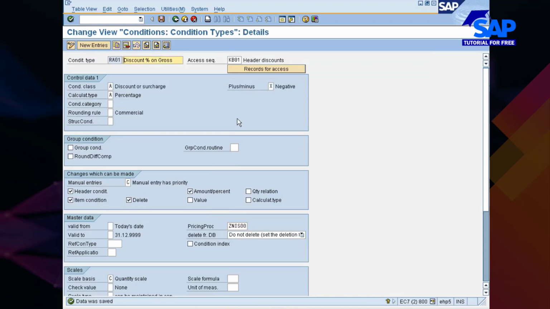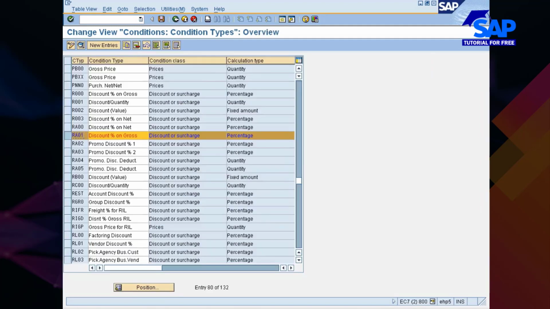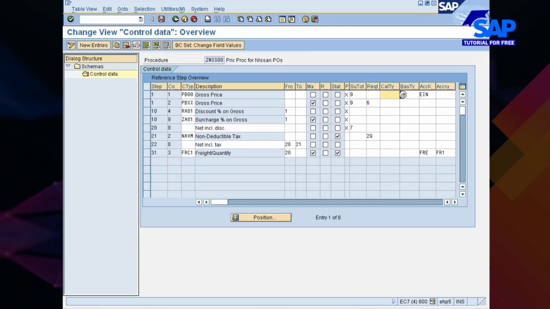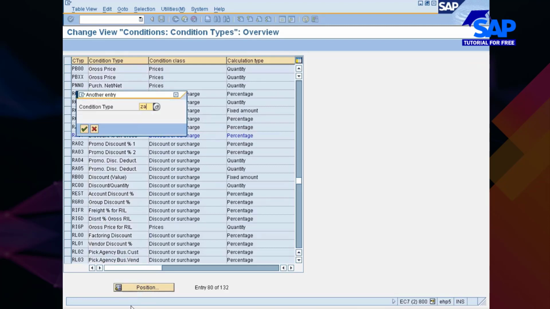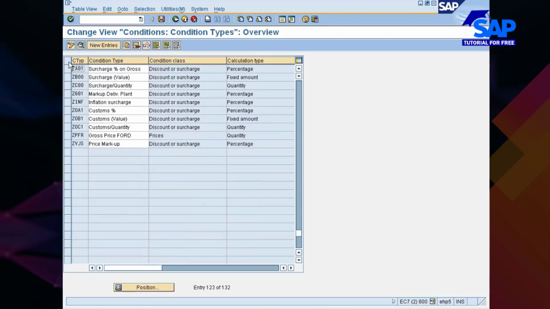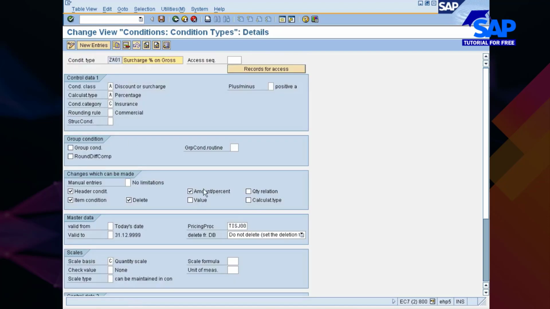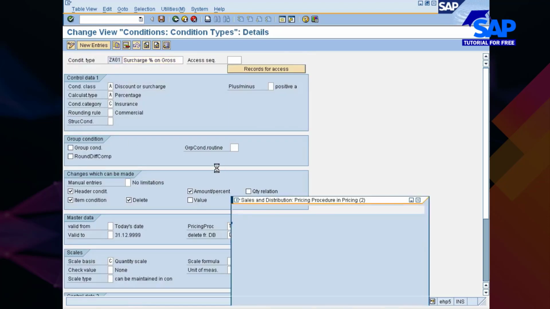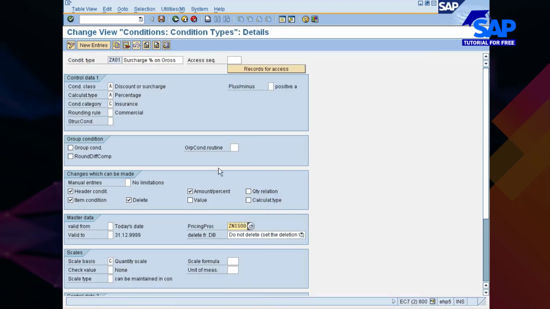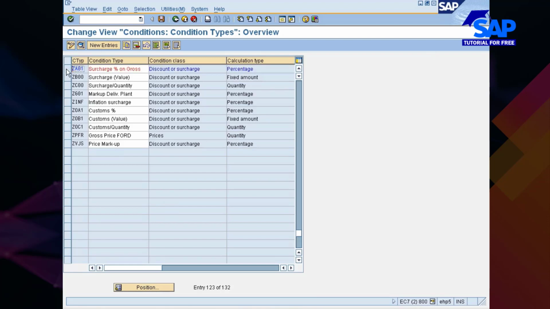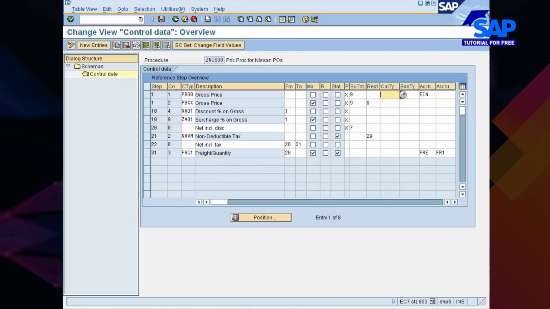Save it, and then what else? ZA01. I'll just go here, change this to ZNIS, save it, and then what is that?